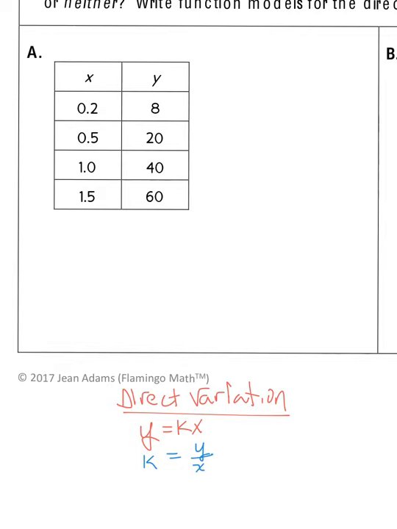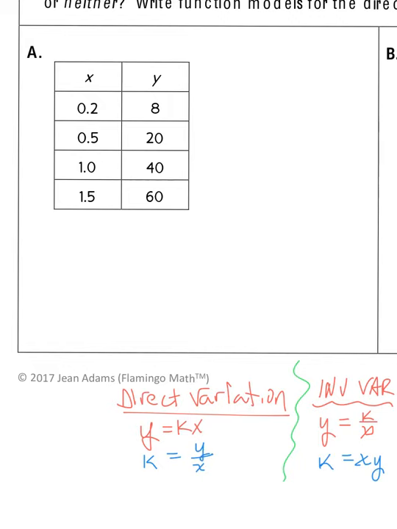If I have inverse variation, so I'm going to squeeze it in here, inverse variation. Then remember, inverse variation was y equals k over x. If I solve this equation for k, I would multiply both sides by x, and I would get k equals xy. So if I'm looking at a group of ordered pairs, I'm going to divide their y by their x's,